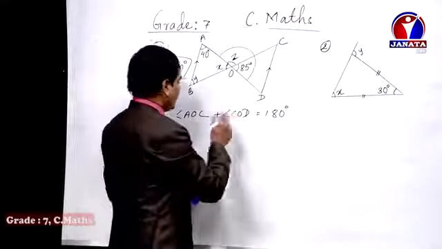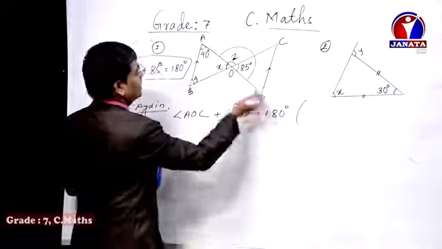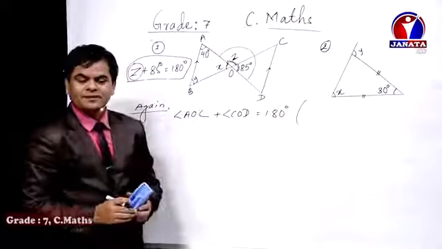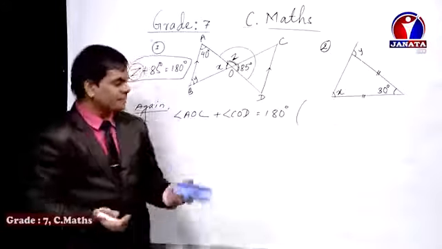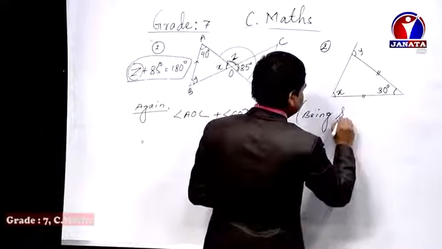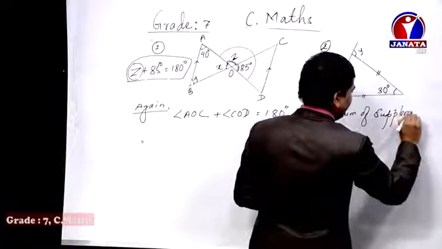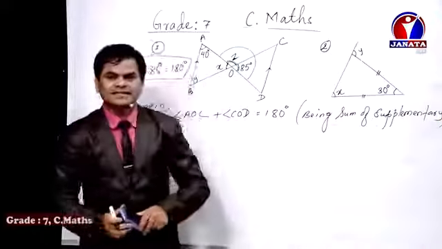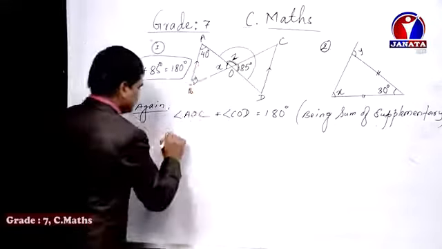Now, what is the reason? This is the statement, and now we need to clarify the reason. What do you mean by this? Why does the sum of these two angles become 180 degrees? These two are a linear pair, or sum of straight angle, or sum of supplementary angle. So I am going to write one of them, sum of supplementary angle, but you can write it as linear pair also, and then sum of straight angle also. Now angle AOC, dear student, means the z.